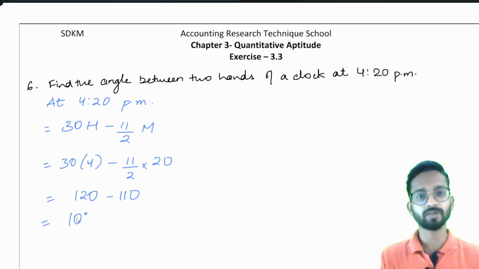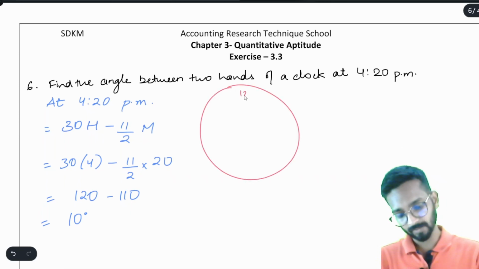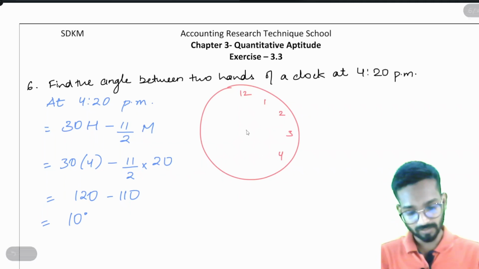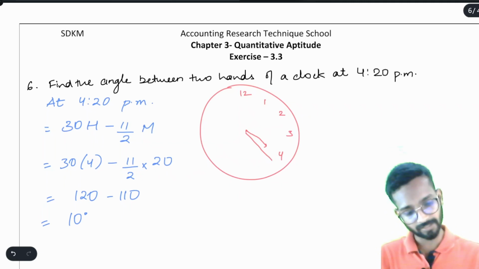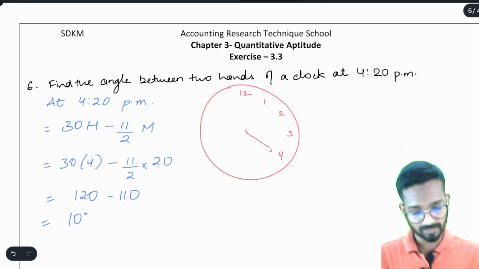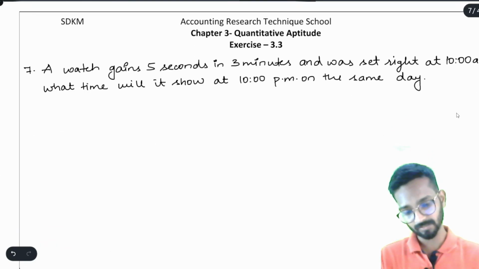What is the angle between the hands at 4:20 pm? It is 10 degrees. You can draw a figure also, it will give us more clarity. See, 12, 1, 2, 3, 4. At 4:20 pm, the hour hand will be somewhere here only, near 4. And the minute hand will be exactly here, at 20. So, this angle we have found out is nothing but 10 degrees. Understood? Now, we will solve question number 7, which is,